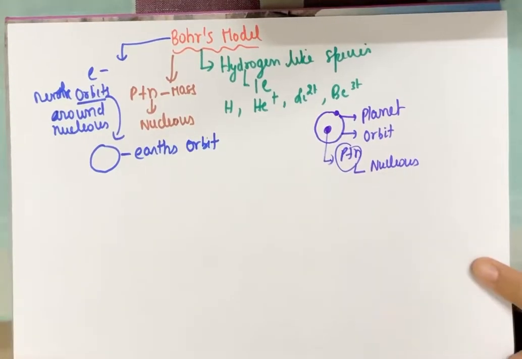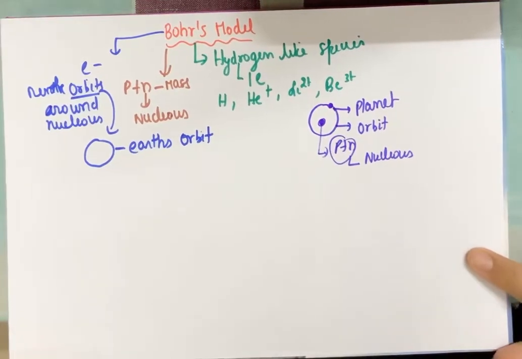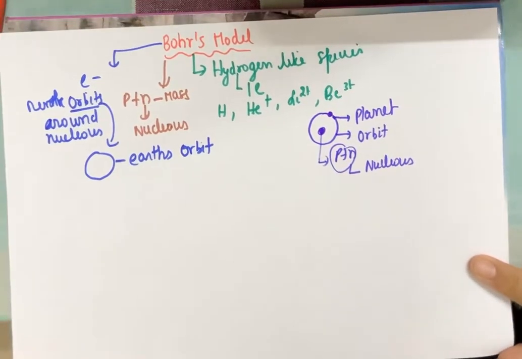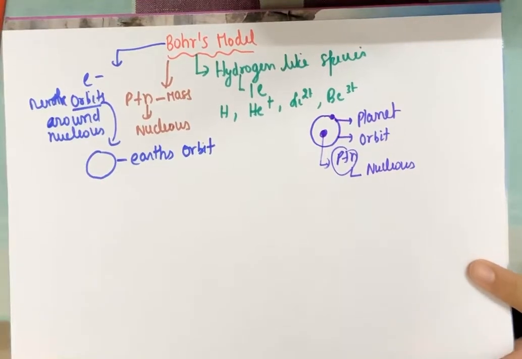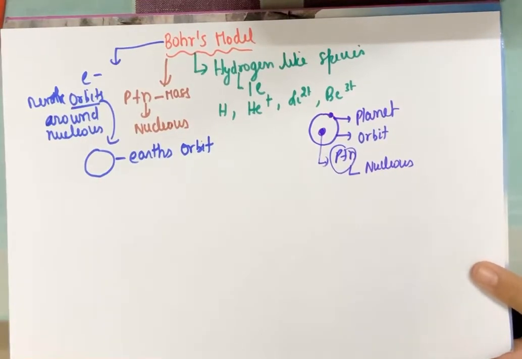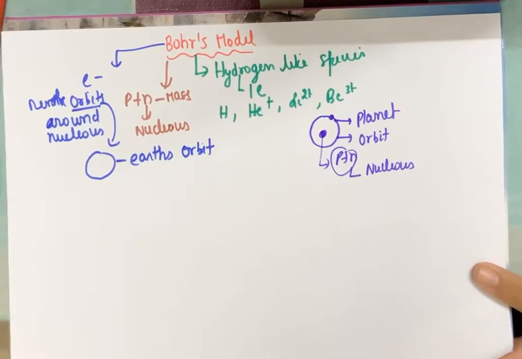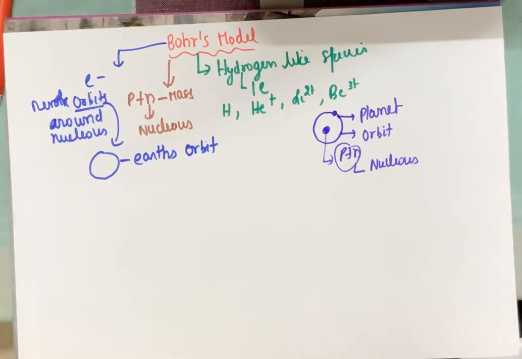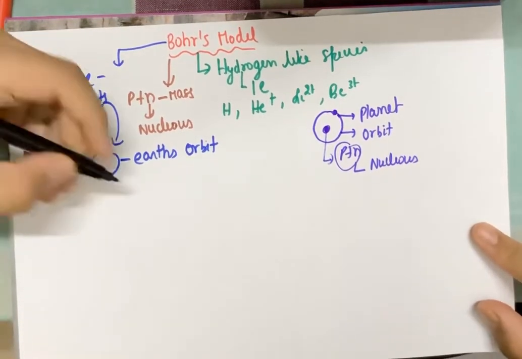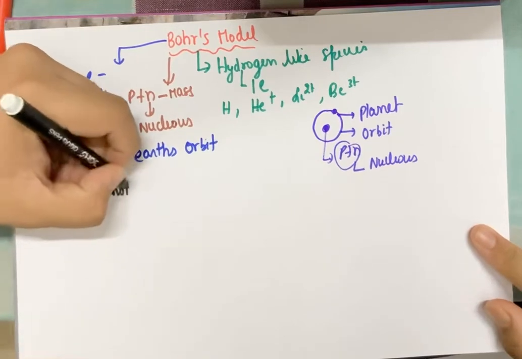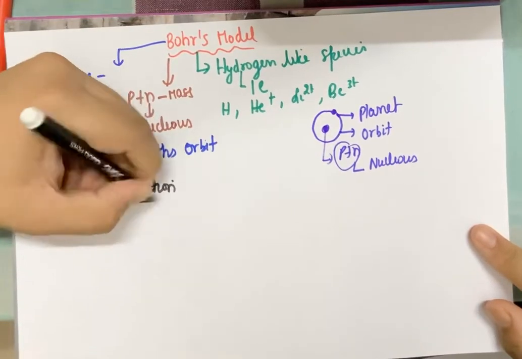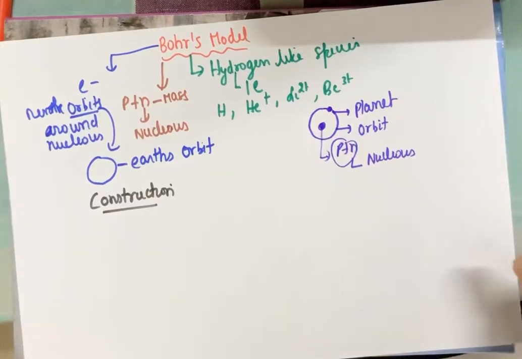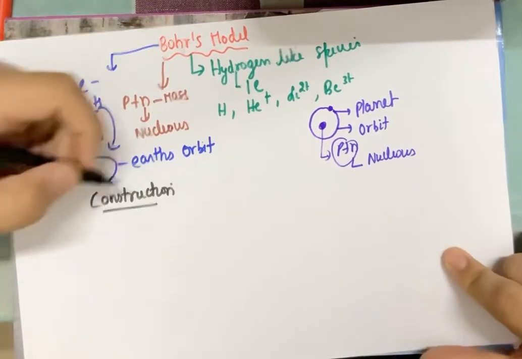Now talking about Bohr's model in detail, how to illustrate it. This video mainly deals with the class 9 approach on Bohr's model. For the class 11 approach there are a few conditions which are also used in Bohr's model, which I will be taking up soon in a specific video for class 11. This is just an introduction and explanation of the concept, sufficient for class 9 but not for 11. Class 11 will have some numerical portions as well. Alright, so let's now understand the construction of Bohr's model. This is the ideal rule for construction and following this only we'll construct Bohr's model.